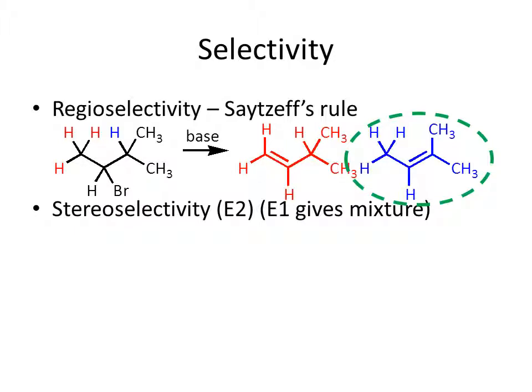In addition to regioselectivity, in the case of the E2 elimination, you also get stereoselectivity. Now I should note that in the E1 mechanism, since the two different bond breaking steps happen separately, you can get a mixture of stereoisomers, just like in the SN1 you get a mixture of stereoisomers. But in the E2 elimination, if I have, in this case, my leaving group, and I had a strong base, we know we're going to pull off this hydrogen that I'm highlighting here